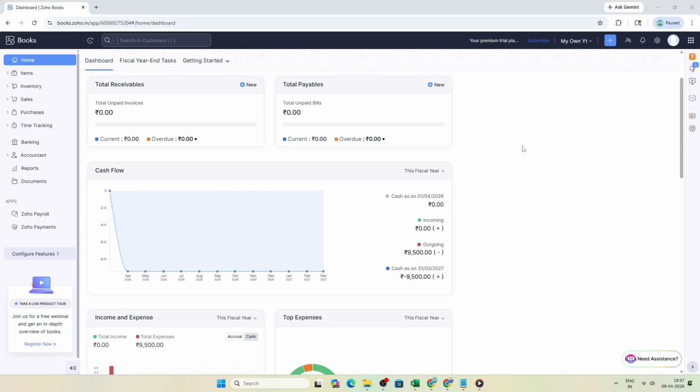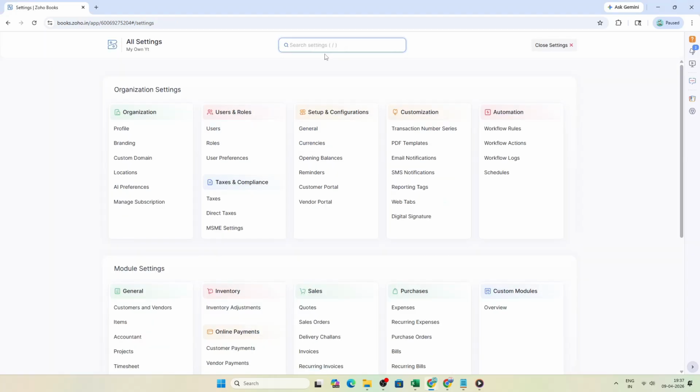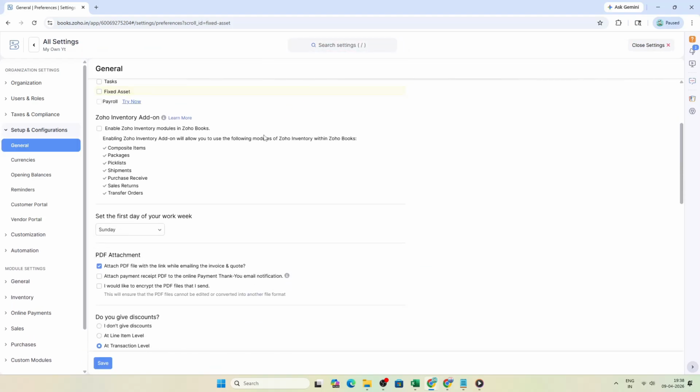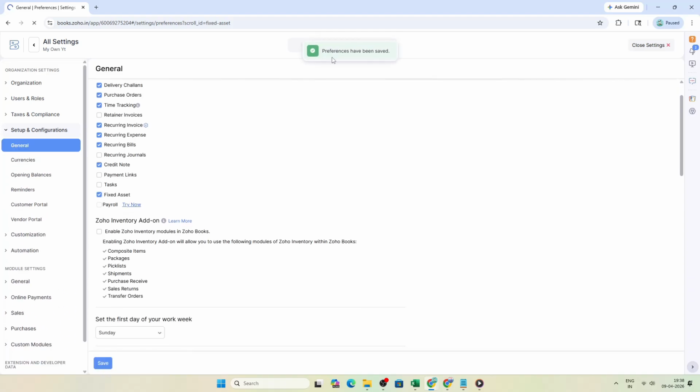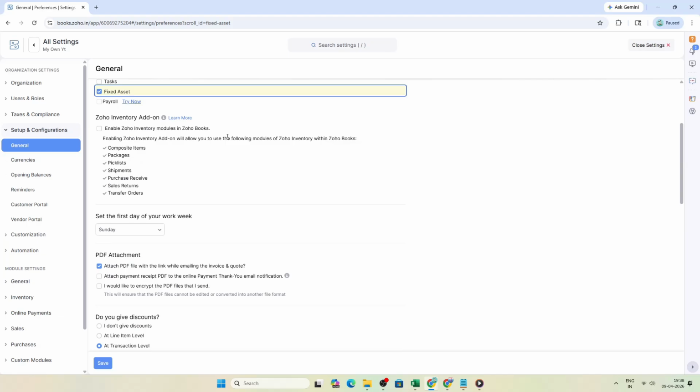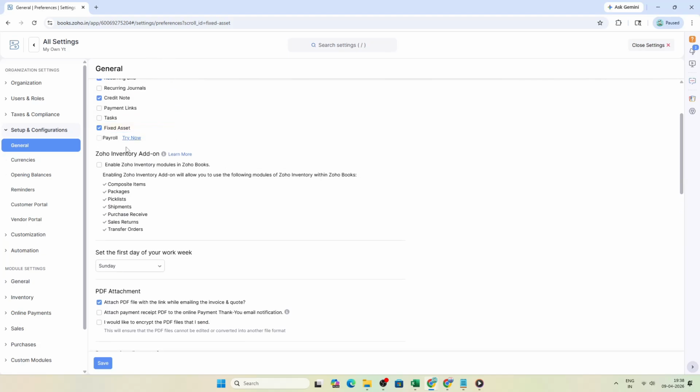new asset. First, open Zoho Books. Once you are in, we'll make sure fixed assets is turned on. Go to the settings area by clicking the gear icon. In the settings search bar, type fixed assets. From the results under the general section, select fixed assets. Check the fixed assets option to enable it. Then save. This switch activates the module so Zoho Books can manage fixed assets and apply depreciation according to your